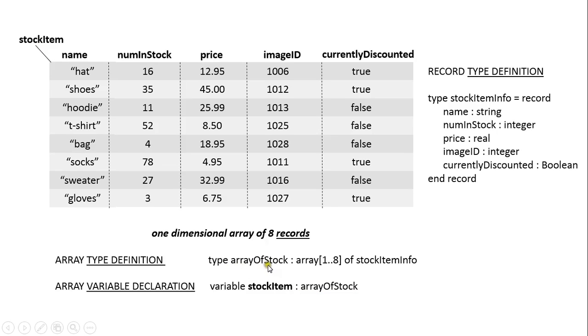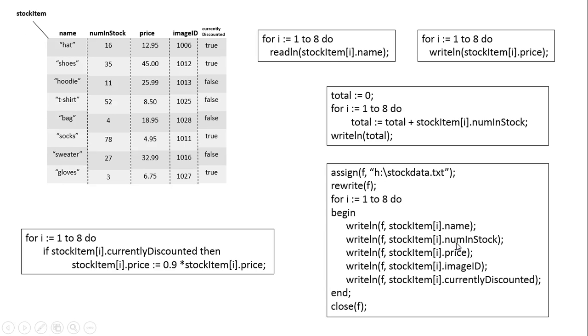And here I've said that an array of stock is an array with 8 elements, and each element is one of these records. So that's quite long-winded, but that's something that you have to do, as I say, in a number of programming languages. If we go and look at how that might be used,